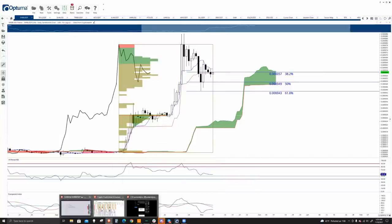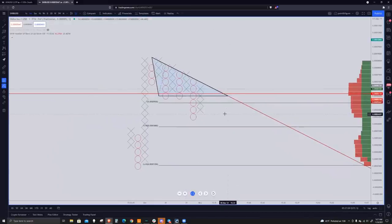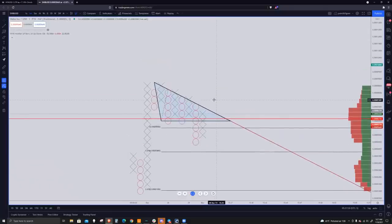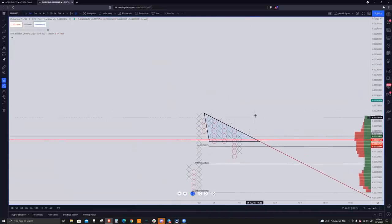On the point and figure chart, I've shifted it from 0.00025 to 0.5. It does have a very ugly looking bearish catapult setup, but if that were to trigger, it would have to come all the way down to 40, and then using the vertical profit target method in point and figure has it projected at negative zero, which is not going to happen. So it's not very likely. But I tell you what, if it moves up to 80 on this point and figure chart, the projected zone is quite high. It's up at, I think,